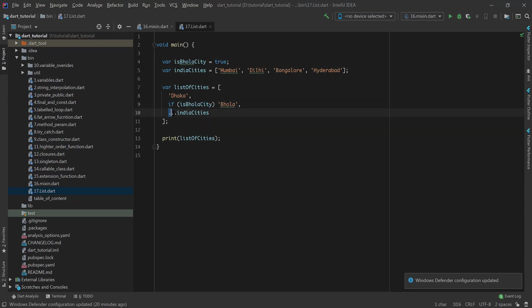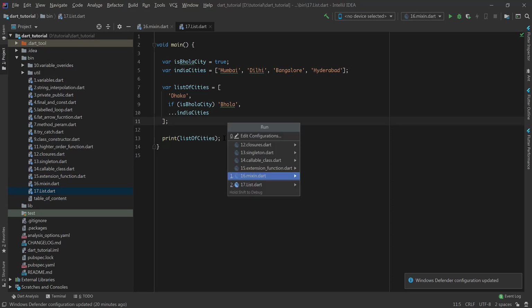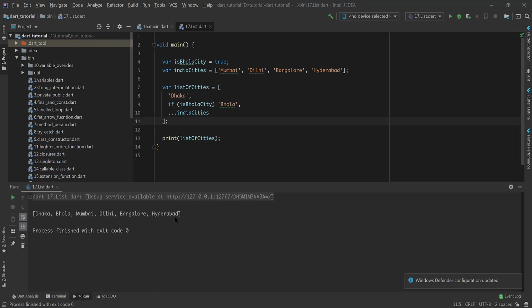And this triple dot is a spread operator which will spread another list inside this list, like in this case, Indian cities inside list of cities. Let's see the output to make it more transparent. In the output console, we can see Dhaka, Bhola and Indian cities spread inside list of cities. This is it for Dart list.